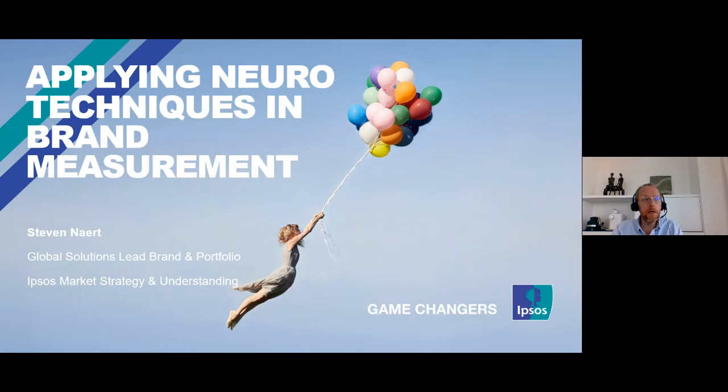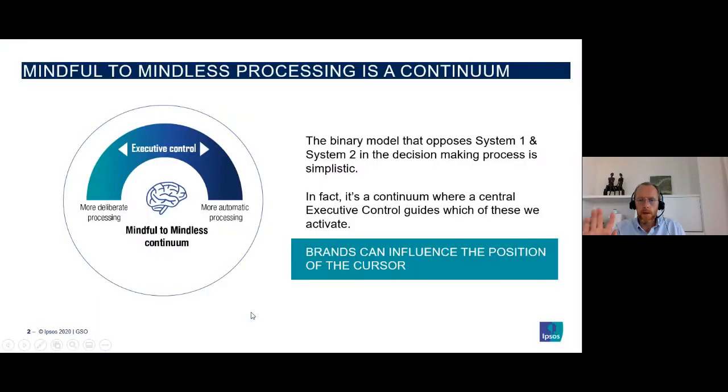Because it's so accessible, we started to integrate it quite a few years ago, and in the meantime, we're using it all the time. Where some of the other neuro techniques, even though they're super cool, sometimes logistically it can be a little bit tougher to integrate them. You may need a lab environment and so on. And the tools that we have here can be integrated pretty much on any single study. So let me start with explaining a little bit